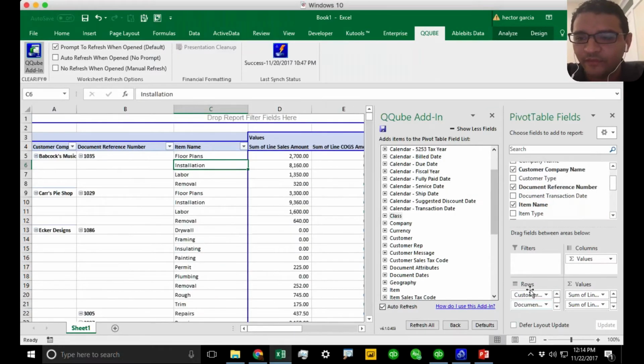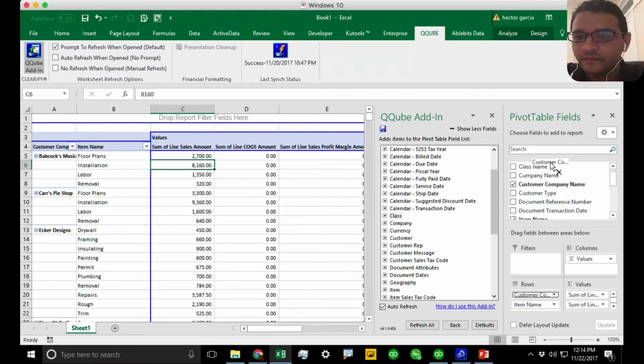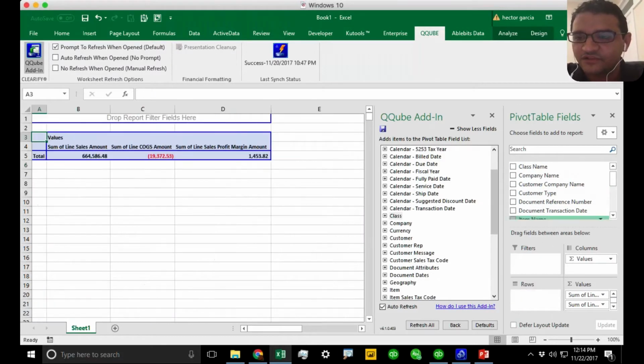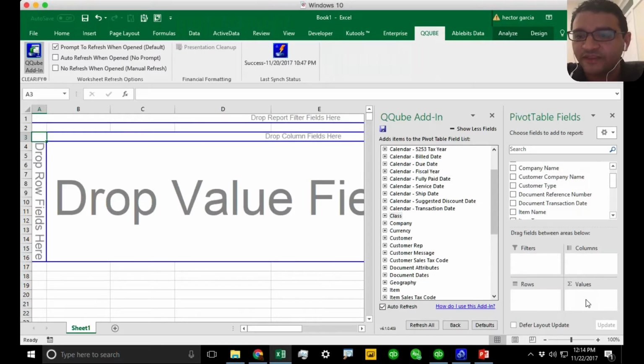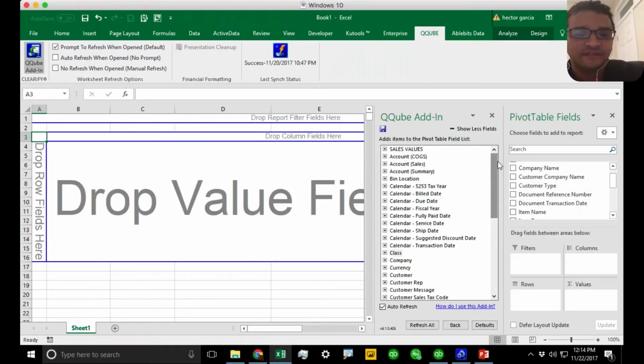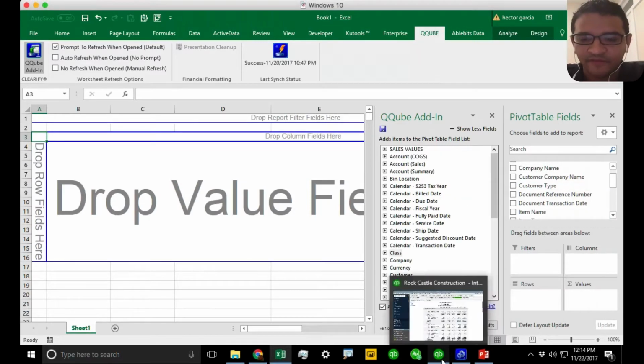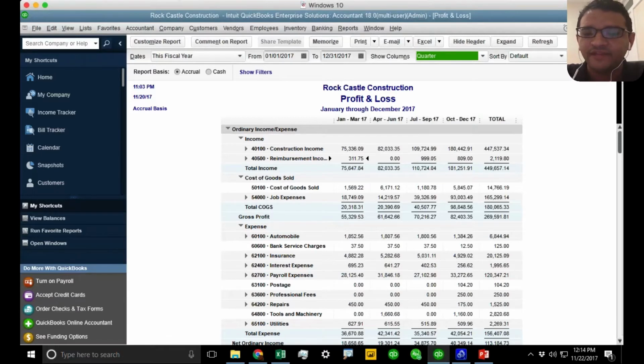Okay, so I'm going to build a report from scratch. I just want to deconstruct this report and show you how it works. So this is QuickBooks data. This is coming from this QuickBooks file, and I want to build a report that maybe QuickBooks